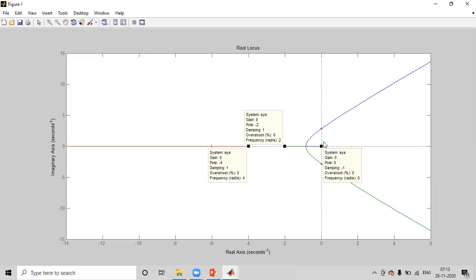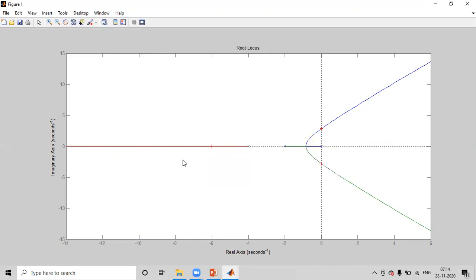Up to what range the system will be stable? For that we check the imaginary axis crossing points. See, here is the imaginary axis crossing point. At this point, observe the pole location. It has already become complex, and the gain is 49.6. That means it is already in the right half of the S-plane. If you place it exactly on the imaginary axis, almost that value comes. We check damping is negative, showing it is unstable. Overshoot is also showing 1 or 2. Based on the desired specifications, we can select the pole locations and get the desired performance characteristics.